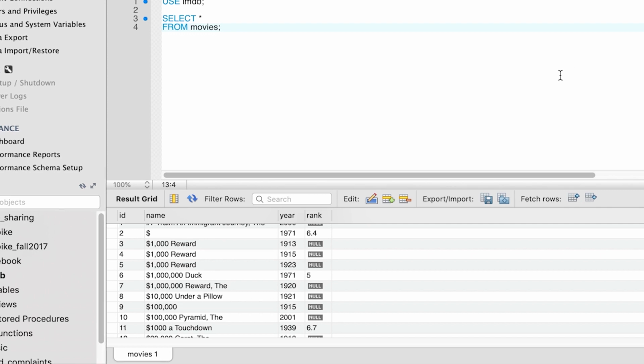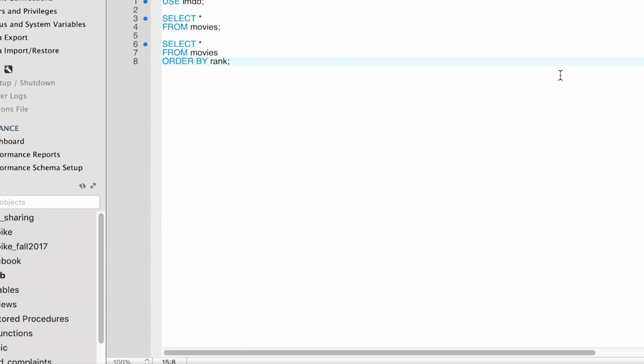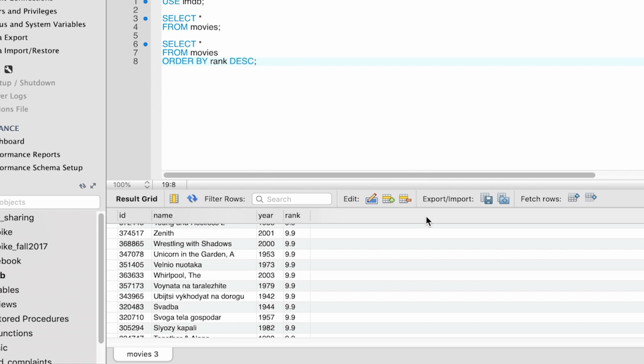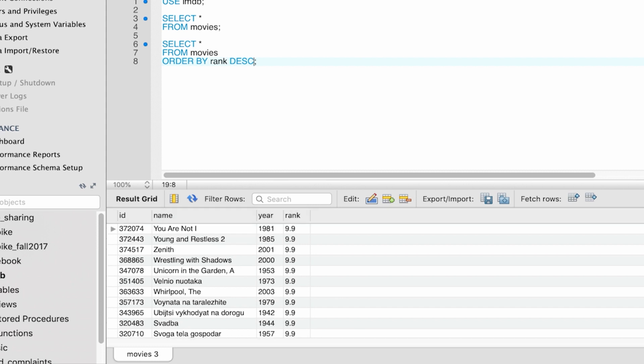We want to order things by rank, so we take now this vanilla select star query and we add at the end order by rank at the bottom of the query. And since we want to have the highest rated movies on top, we want to sort using the rank attribute, but we want the highest values on top, so we need to sort it in descending order. Therefore, we go and we type DESC after rank. We execute the command, and now you will see that we get back the movies in decreasing order of rank.